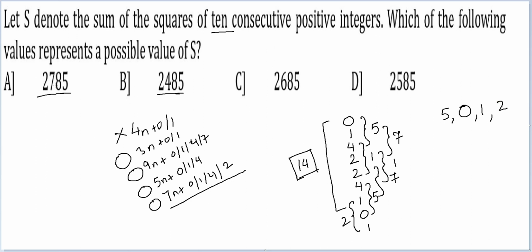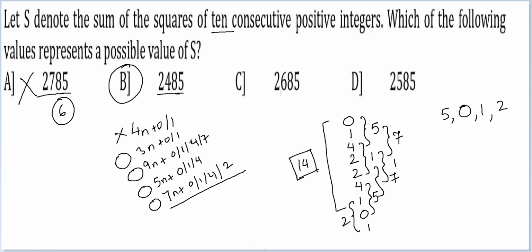Let's check what remainder this number leaves with 7. This number upon division by 7 leaves a remainder of 6 because 2800 minus 15, so minus 1, so 6. So this is definitely not the answer. Let's look at this number upon division by 7, 2, 1, so 38, 5, 35. So yes, this is divisible by 7. So it is a possible answer, not the guaranteed answer. Possible answer, will come to it later.